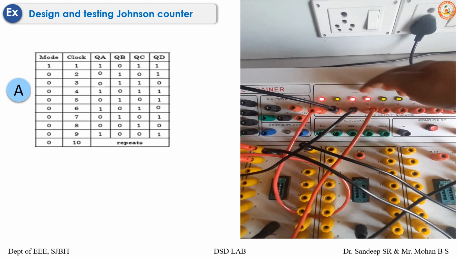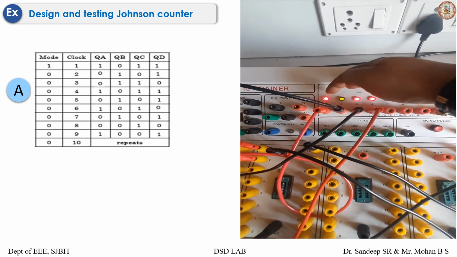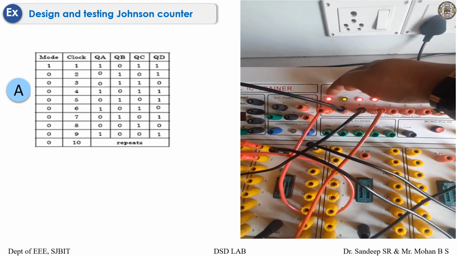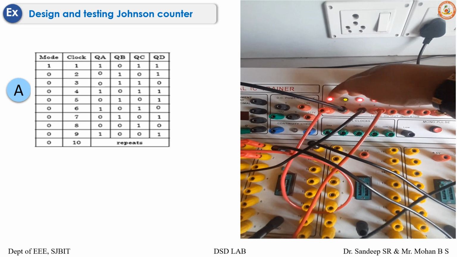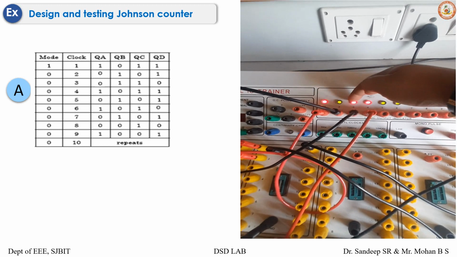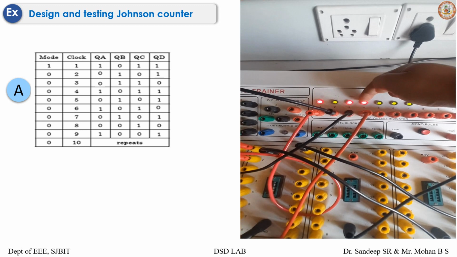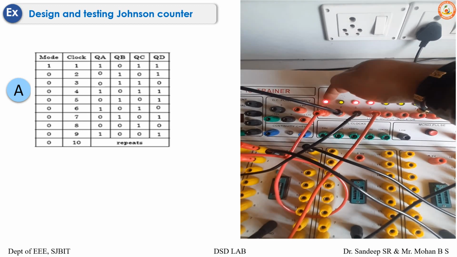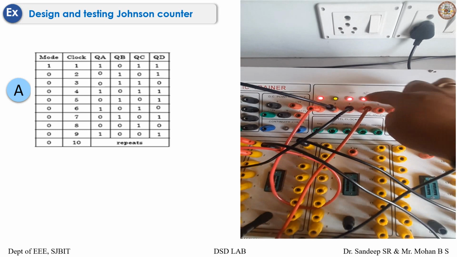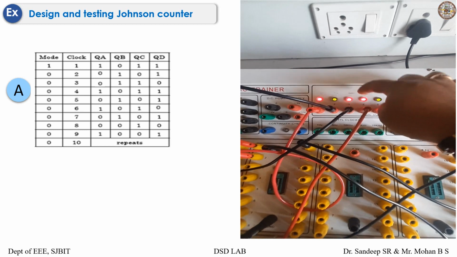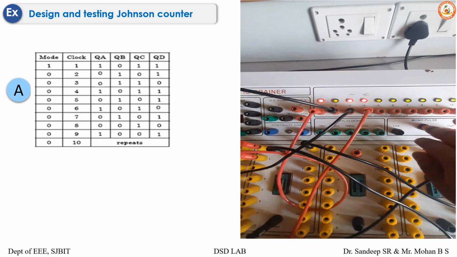And now for the next clock pulse, I'll get this one as it's 1, NOT of 1 is 0. So the 0 would come here, and then after every clock pulse it will shift for every register. So this 1 would come here, this 0 would come to QC, and this high would go to QD, whereas QD high would go as low to QA on a clock pulse. Why low? Because we have connected a NOT gate from QD to 1. So after clock pulse,